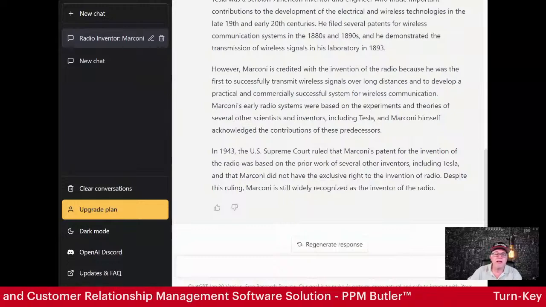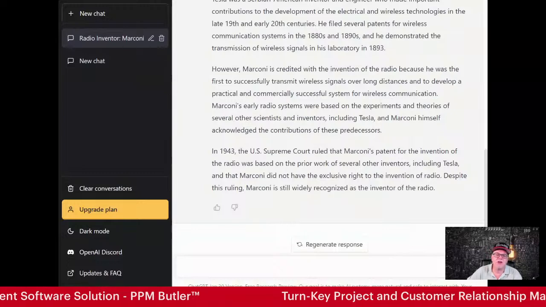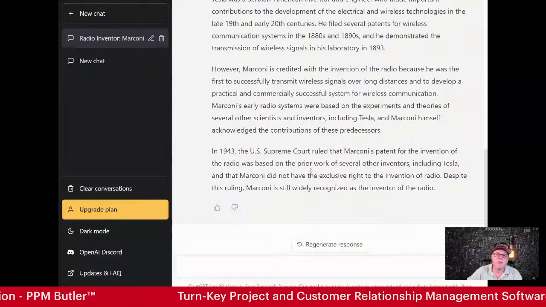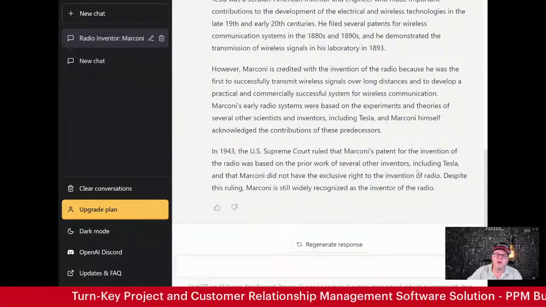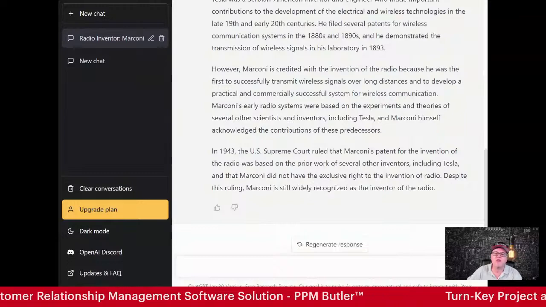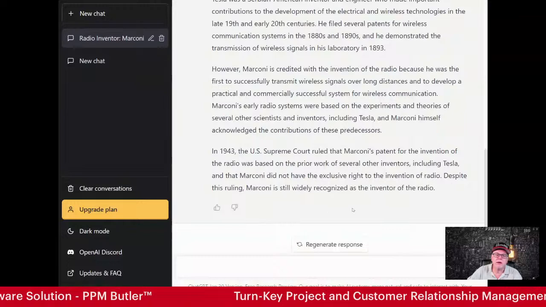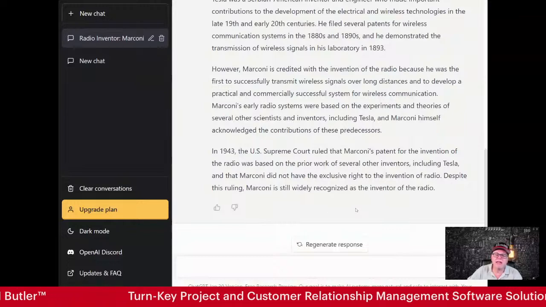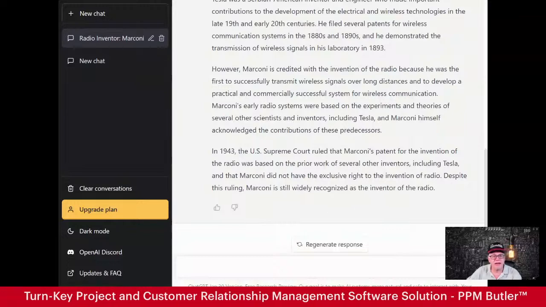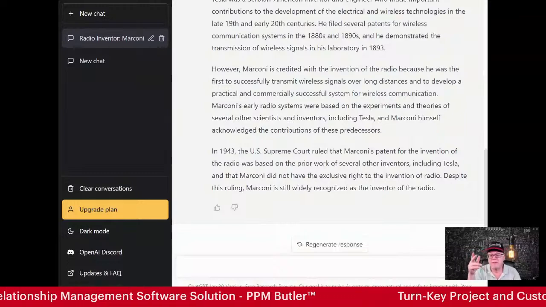Okay. So in 1943, the U.S. Supreme Court ruled that Marconi's patent for the invention of the radio was based on prior work of several other inventors, including Tesla, and that Marconi did not have the exclusive rights to the invention of the radio. Despite the ruling, Marconi is still widely considered the inventor of the radio. All right. So I guess the technology, okay,